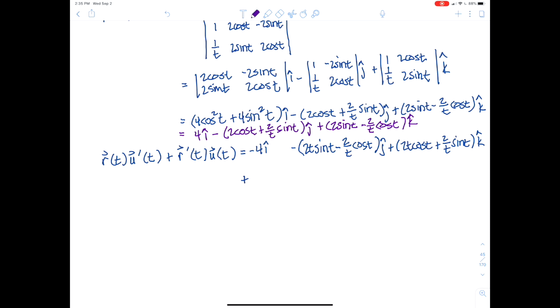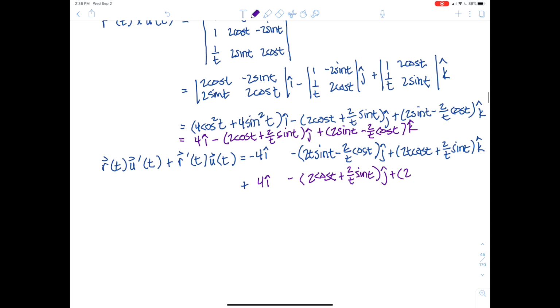So let's put that in there. So we're going to have plus 4i, and then minus 2 cosine t plus 2 over t sine t times j, and then plus 2 sine